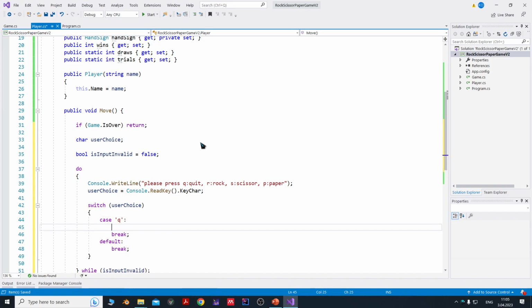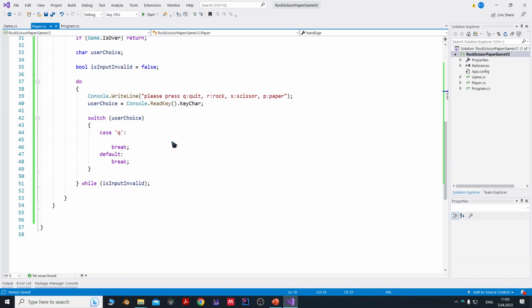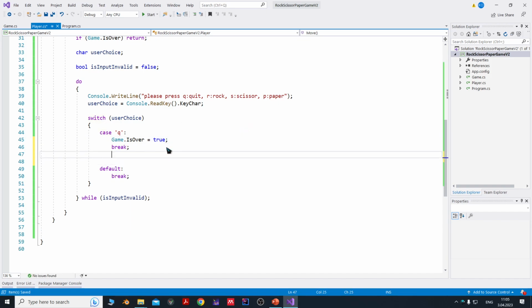So if it's Q, then simply, you know that for each player we have hand sign. Let's assign this hand sign. But now for Q we don't have to assign hand sign because this is Q for quit. So we can simply make is game over true because we clicked Q. That means we want to leave the game. So I can say case if it's